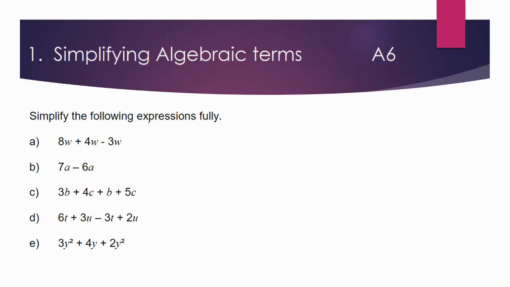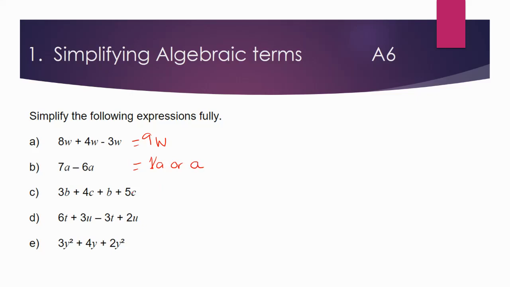Simplify the following expressions. That means we have to collect the like terms, so the ones that are the same. So this one, they're all W, so we can do 8W plus 4W. So 8 plus 4 is 12. Take away 3 would be 9. And they're all W, so it would be 9W. And this one, they're both A, so 7 take away 6 would be 1, and we've got our A. But in algebra, if it's a 1, we don't need to put that one, so we would write it as